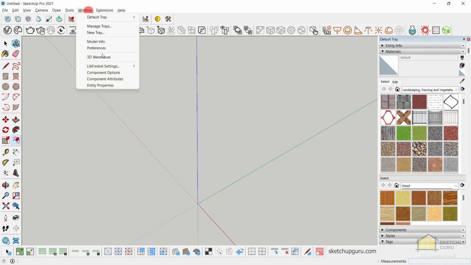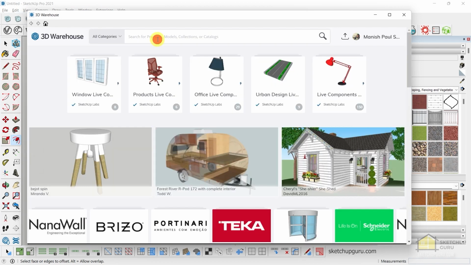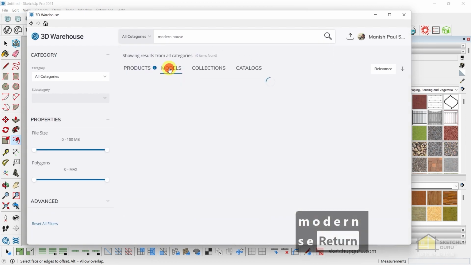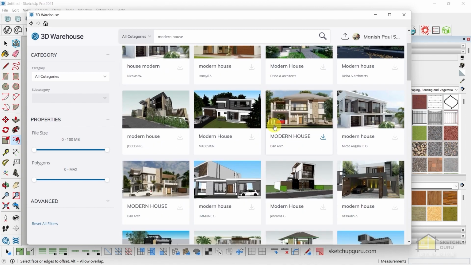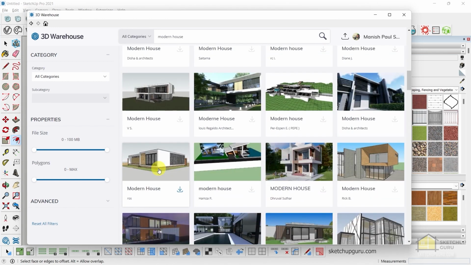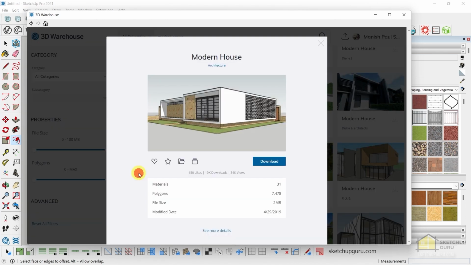Hey guys, in this video, we're going to place our 3D warehouse model and then position the camera. So go to Windows, 3D warehouse, and search for modern house. Now there are various houses. You guys can go ahead and use any model that you like. But the ones I like from 3D warehouse are the ones made by Ross. So I'm just going to open the model,